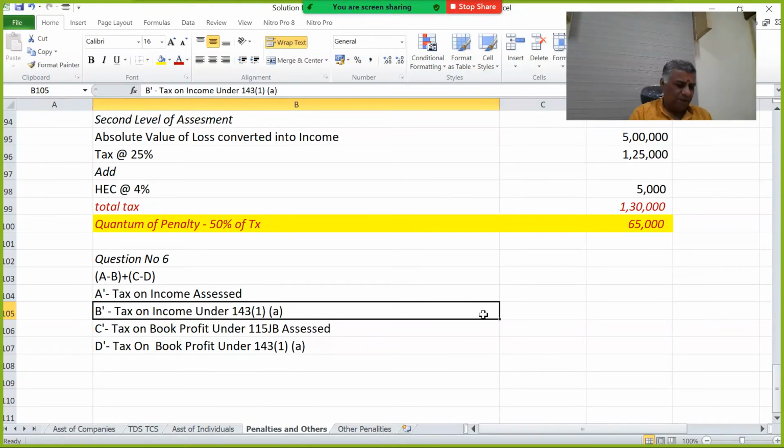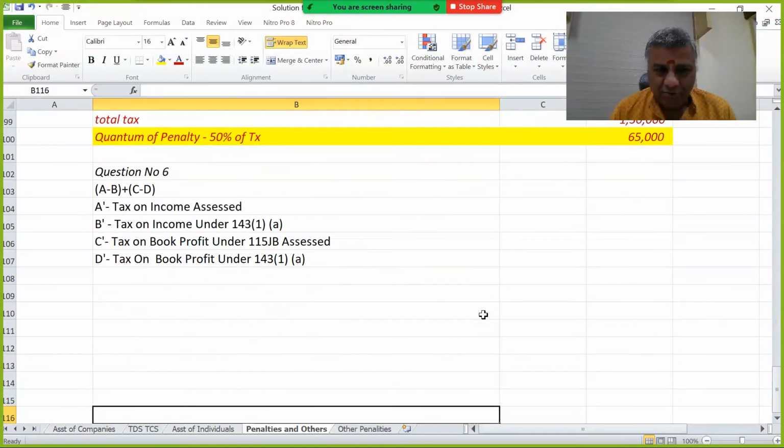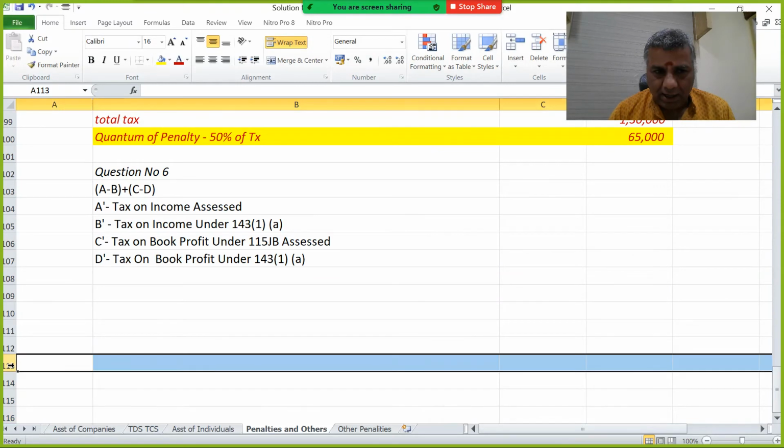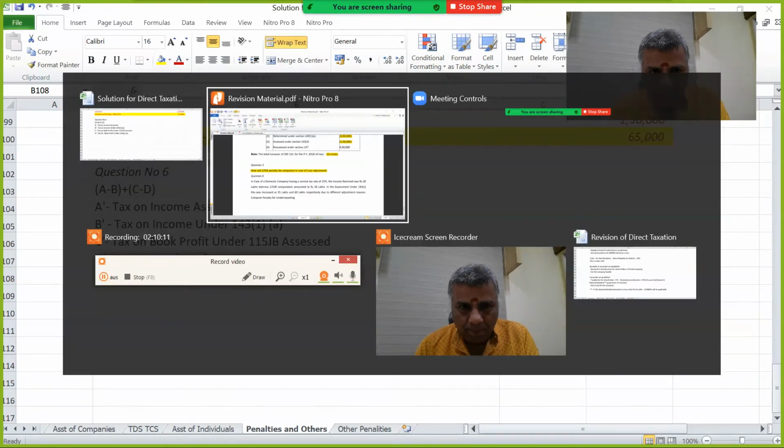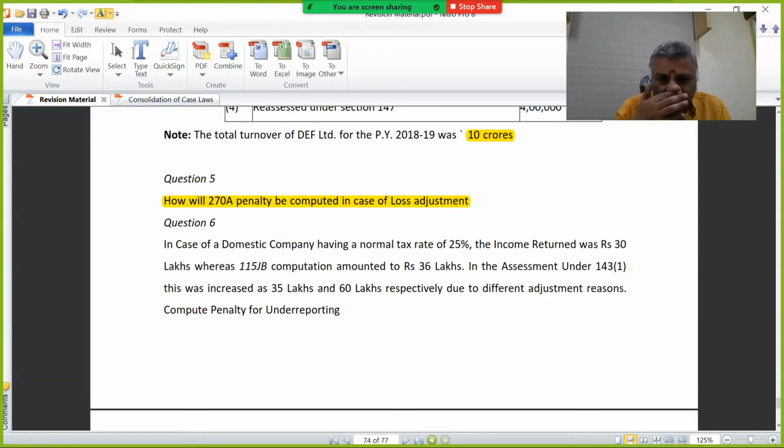A minus B plus C minus D. This is the methodology of computation, with one more small remark, which I will make later. Now the law. In the case of a domestic company having normal tax rate of 25%, the income returned